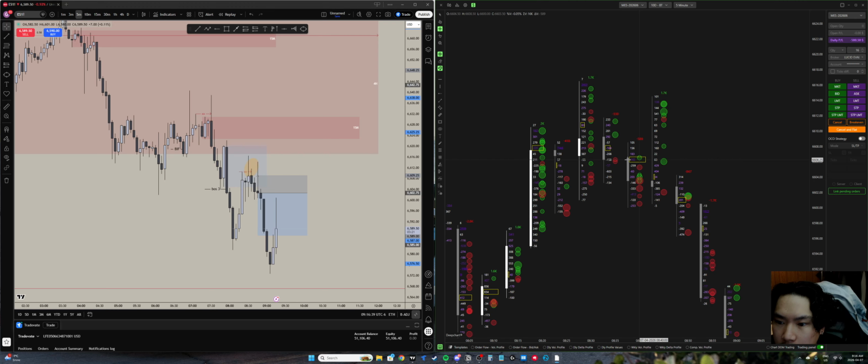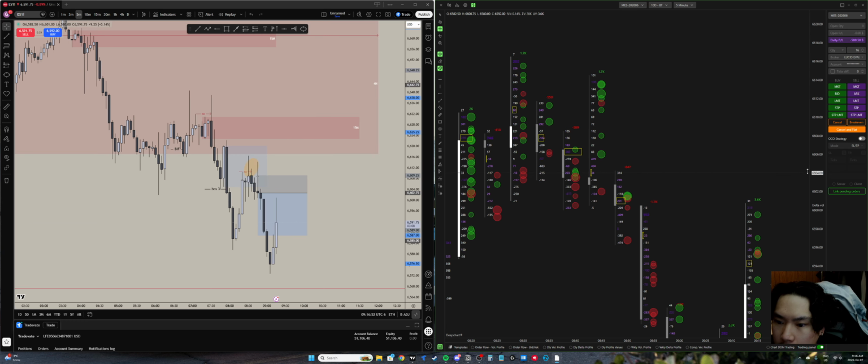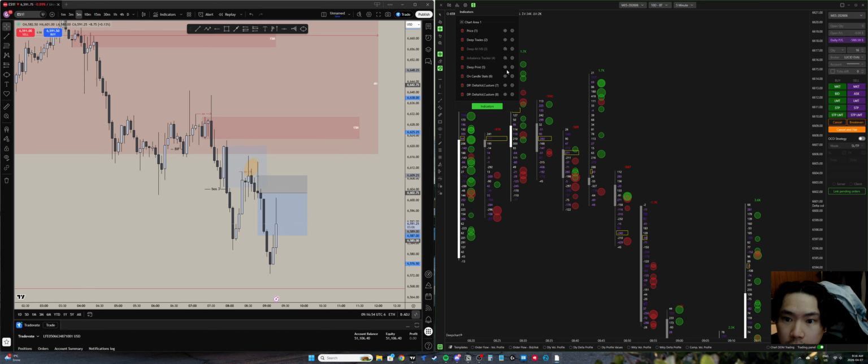Again, the first setup was somewhere around here. We retested this negative delta of 164 at 6607. I got in somewhere around here in this candle, wicked out. Same thing again, buyers get absorbed. And if I turn off the footprint charts,